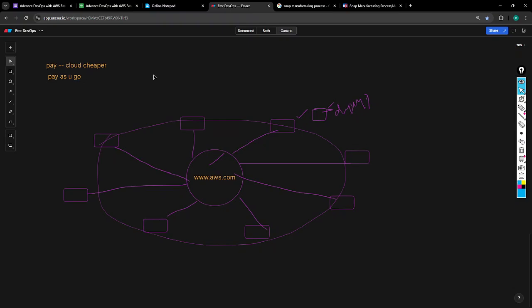Every cloud has the pay as you go model: Azure, GCP, and AWS. Among these, AWS is quite cheaper than Azure and GCP. Not in one service; comparing all the services, AWS is quite easy and cheaper. So that's why AWS is booming in the market.